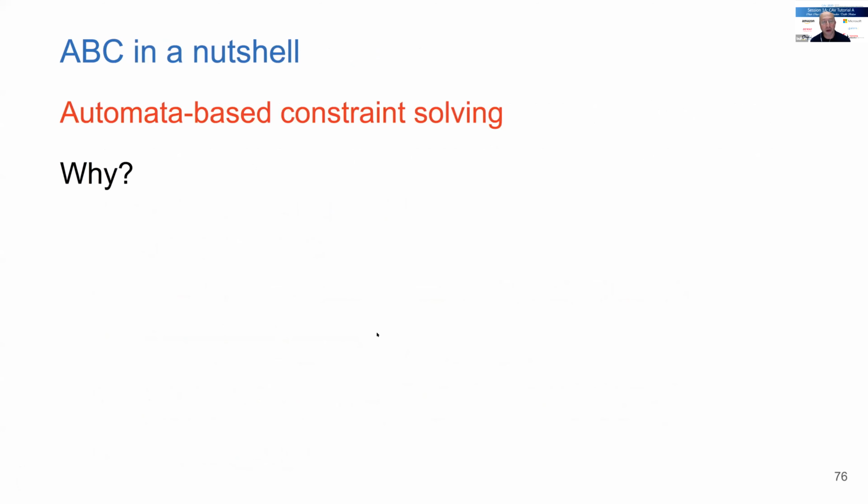Now, we use automata-based constraint solving. We use automata to represent constraints. And you may say, why do you do that? Well, first of all, we did this before we were doing model counting, because it's a representation that has certain advantages. It's good for certain problems. For strings, for example, there are certain things you can do with automata that are very powerful, and using other techniques is actually more difficult. So we have been doing automata-based constraint solving for a long time.